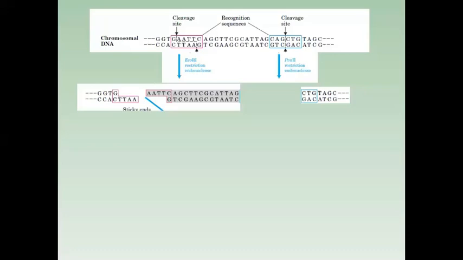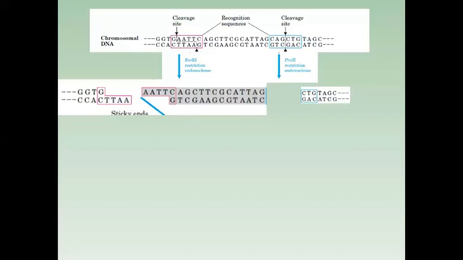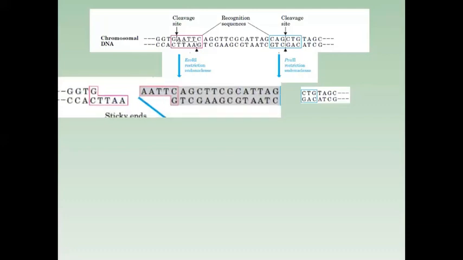So when it is cutting between this G and A, it ultimately gives rise to this type of structure. See, here in this particular sequence, this portion up to this is paired, but you can see there is an overhang of TTAA. And here also, when it is being cut, there is AATT. This is the overhang. So this type of cut, where an overhang is there, is called staggered.